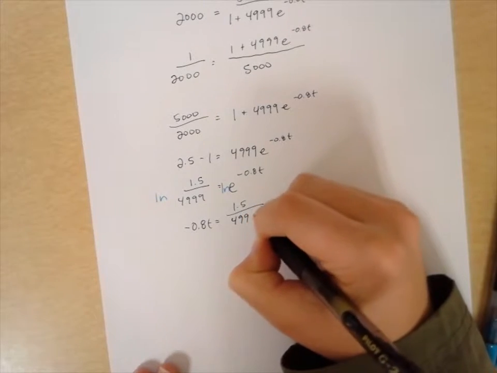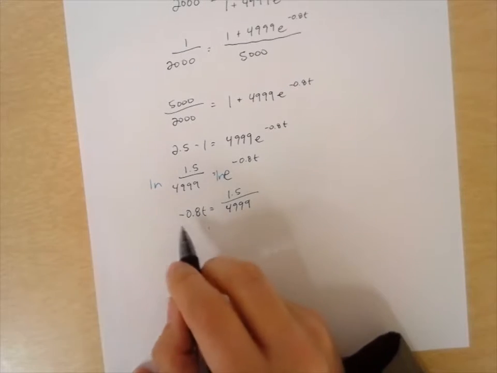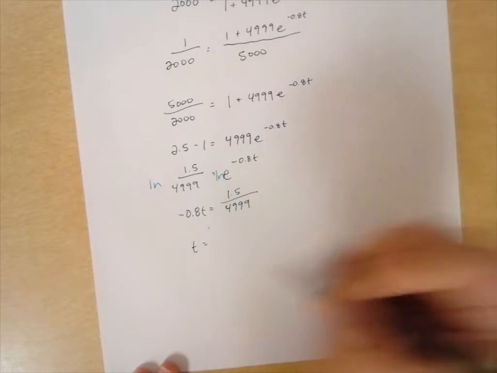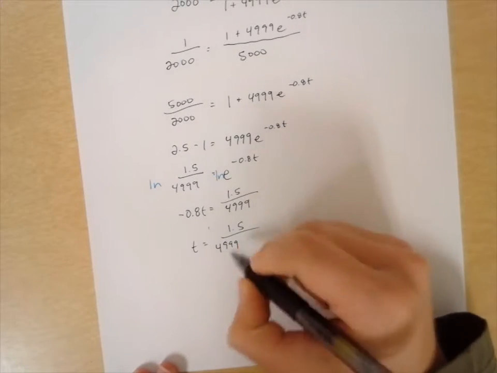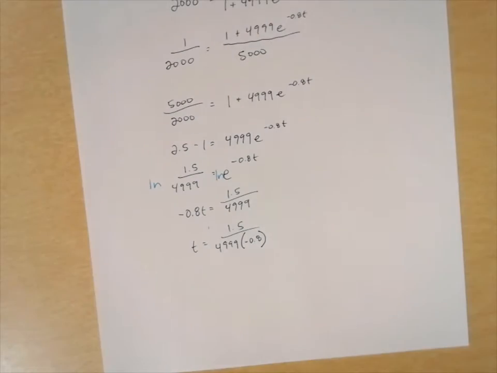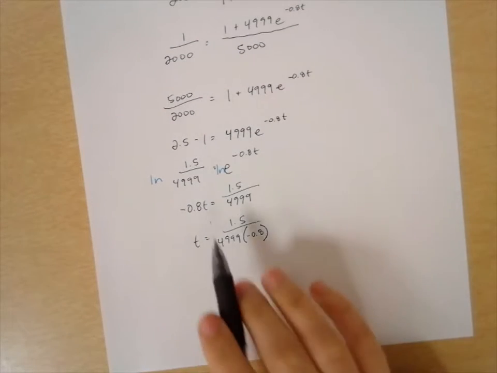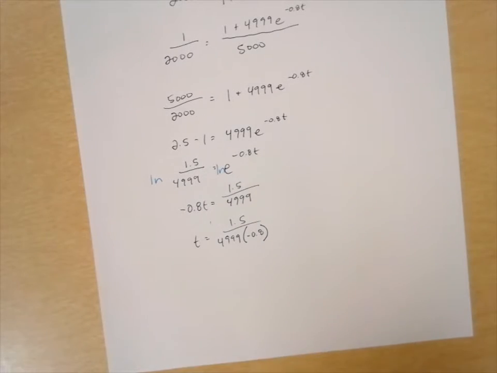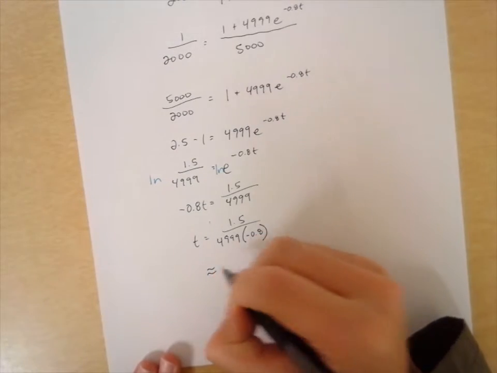1.5 over 4,999. And if I divide by negative 0.8t, I will get 1.5 over 4,999 times negative 0.8. Remember that when you divide by something, you actually multiply by its reciprocal. So dividing by that, I put the 1 on top, and so it's now on the bottom of my fraction. And now, when I put all of that in my calculator,